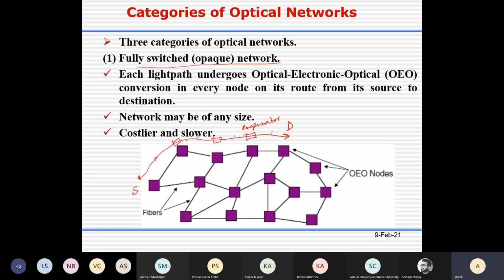But actually, since you are not introducing any new traffic, you are just using the OEO converter. So the OEO converter can be used as a regenerator. It can be used as a wavelength changer. It also can be used to add new traffic, because suppose this node has local traffic. Since you are processing in the electrical domain, you may also add new traffic if you have that provision. In electrical processing, you can aggregate two traffic streams. So let's say here the data rate is 0.2 Gbps and here it is 0.3 Gbps. You can aggregate them, then you can make it 0.5 Gbps.